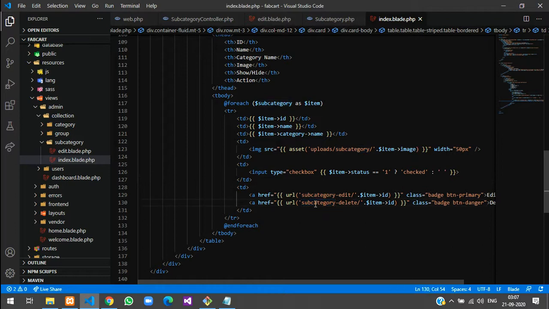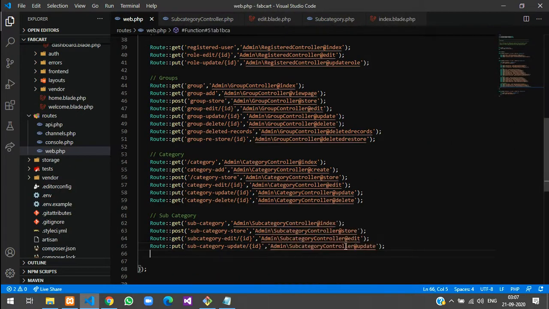So let's start with this get URL, copy this and start with your web route colon get and set with this category /id,